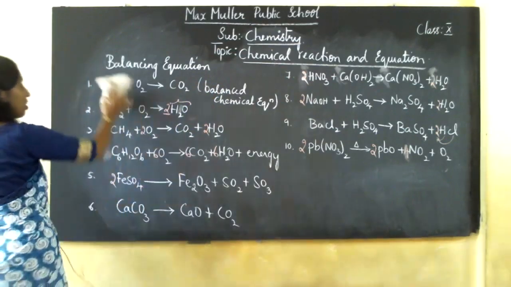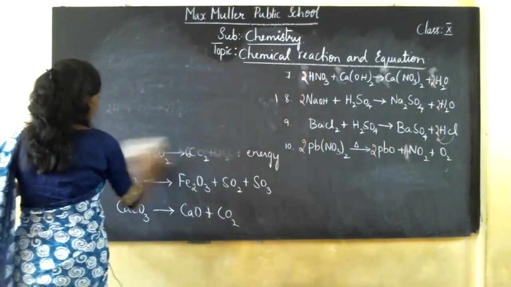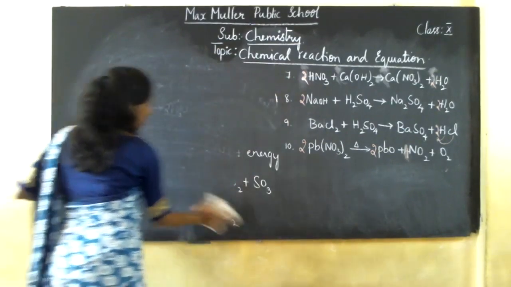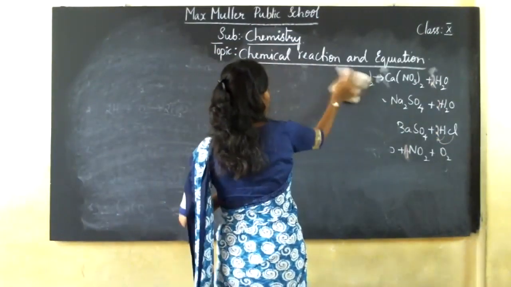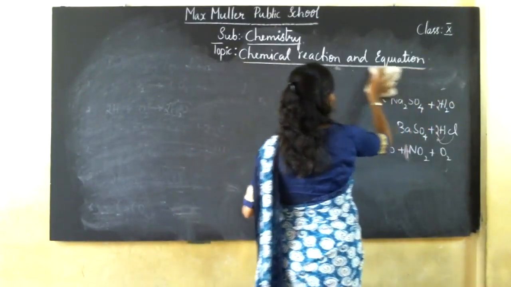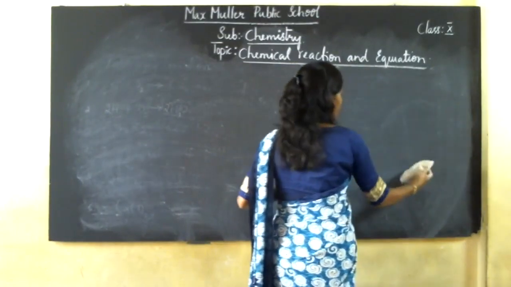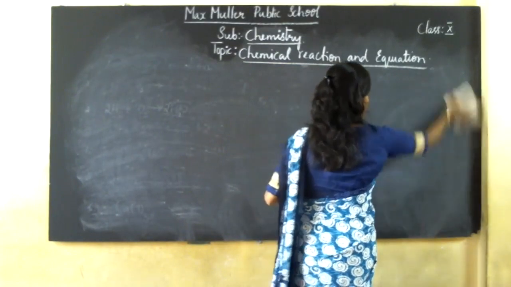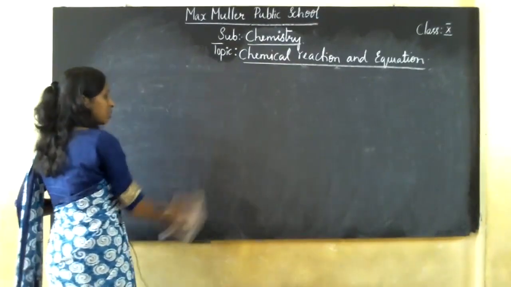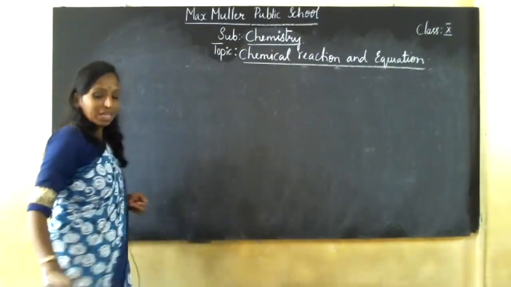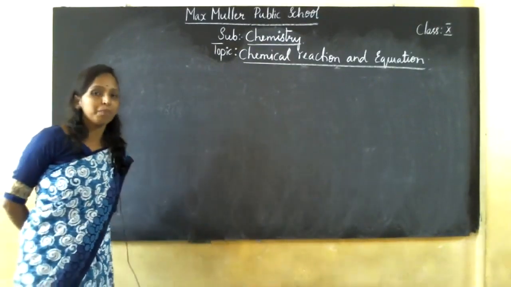Okay. Now this is nothing but called balancing equation. Now we have studied what is a chemical reaction and what is a chemical equation. Now we know how to write an equation and how to balance it. A few more problems will be given in your PDF, children, in assignment form. You have to solve those equations, where it will be more clear. Is it clear, children? Please solve them, then you will be clearer about balancing equations. If you have any doubts while doing your assignment and classwork correction, I'll explain again. Not a problem.